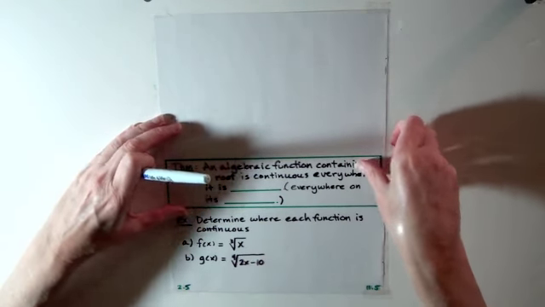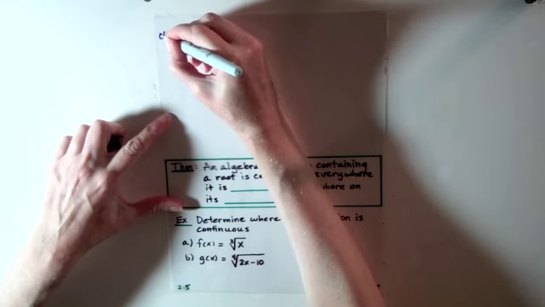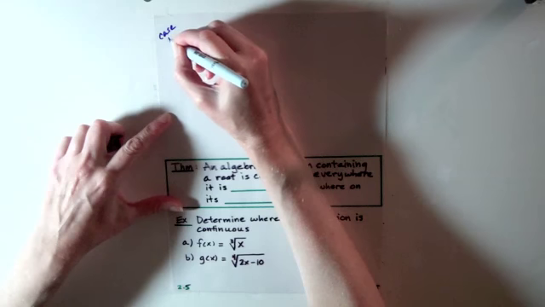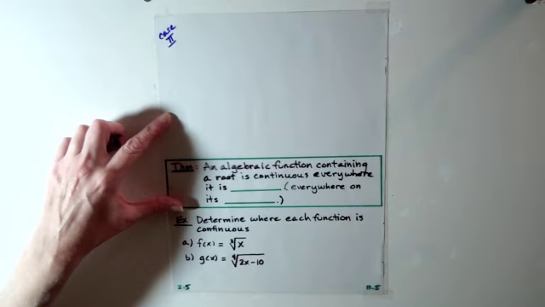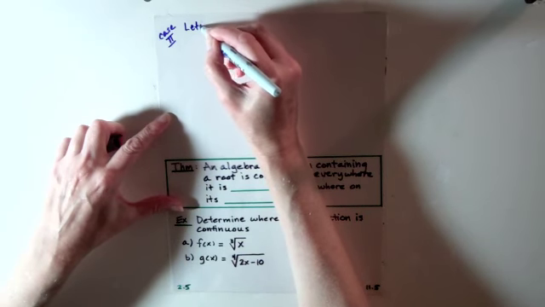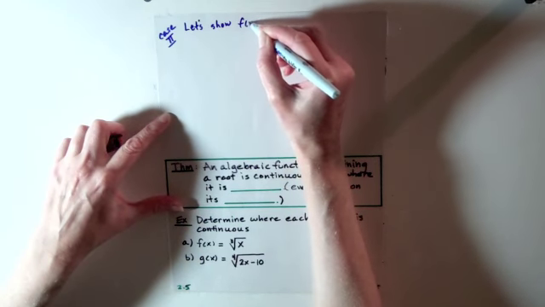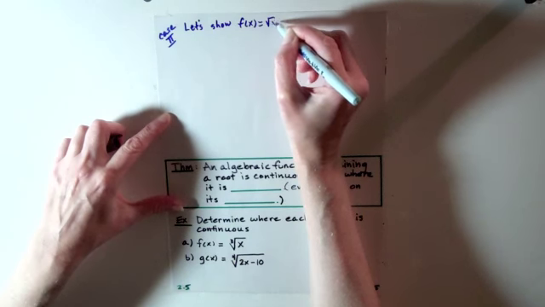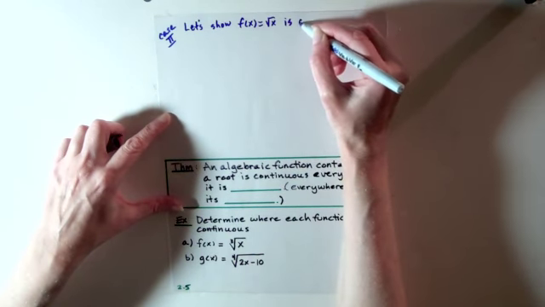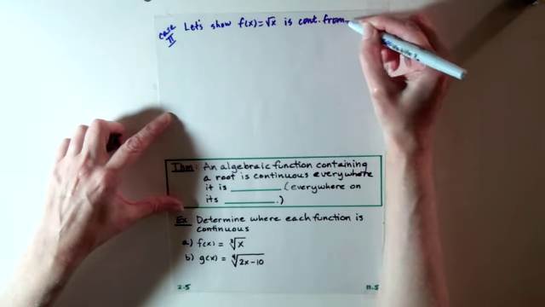And that would mean that our function root x is continuous on the entire domain. So case 2, I'm going to go ahead and say, let's show f of x equal root x is continuous at least from the right